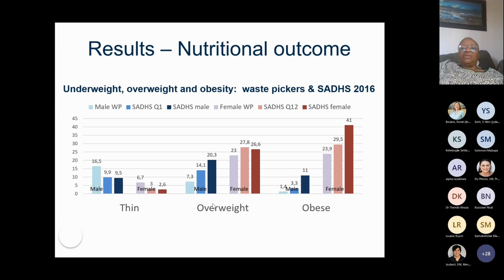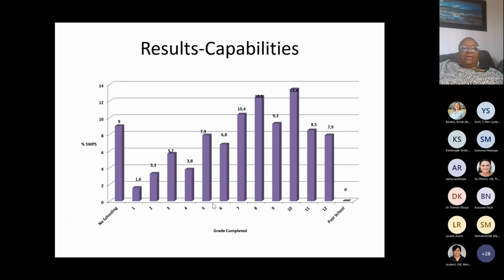The education level, which is the next slide, shows that they didn't have a lot of training, and therefore did not find jobs. The next slide shows the reasons